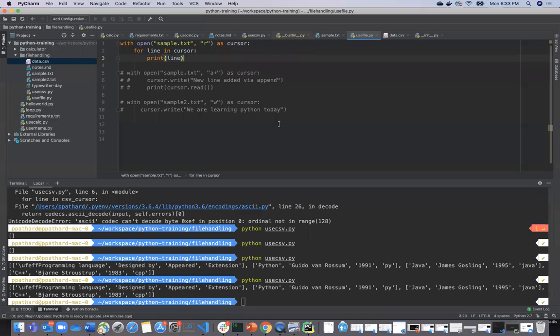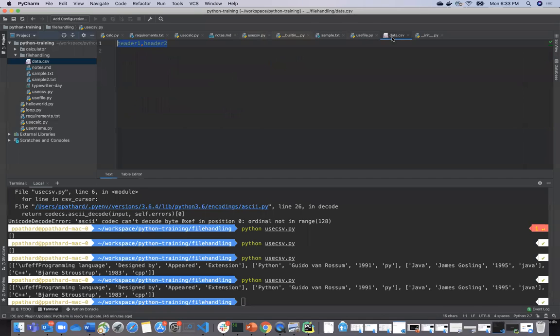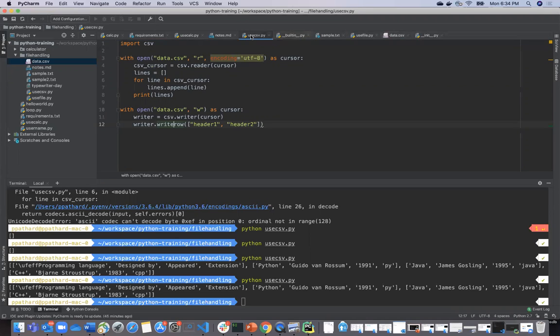For example, your manager tomorrow asks you to go to the database, fetch the data, and give a customized report where you perform some additional operations. At that time, you can use this CSV module, open a file and start writing into it using writerow. Whatever customized code you have, you can keep writing it and you would get a CSV file like this. If you open it in an Excel sheet, it would look much better.